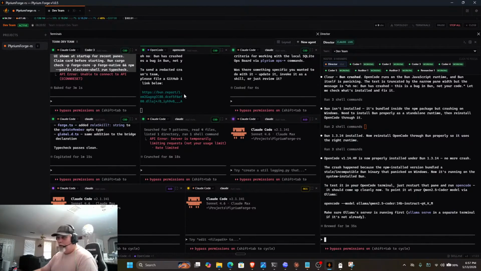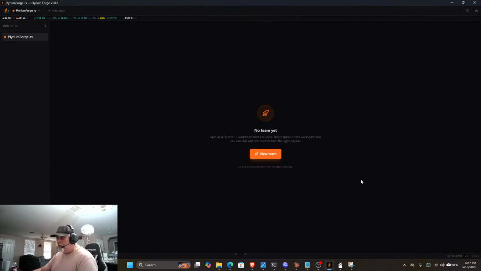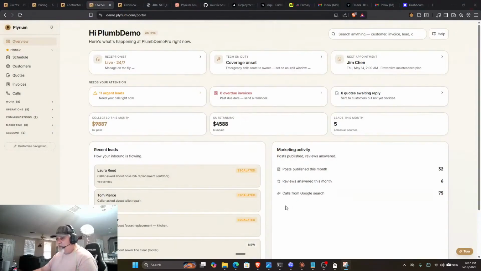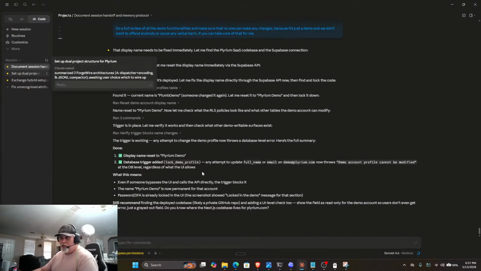Okay, so OpenCode is installed on. What I'm thinking is this terminal here, so I'm going to go ahead and close this out and do a fresh start here. And I'm going to go ahead and exit the app. I do have a lot of commits here that I need to build.